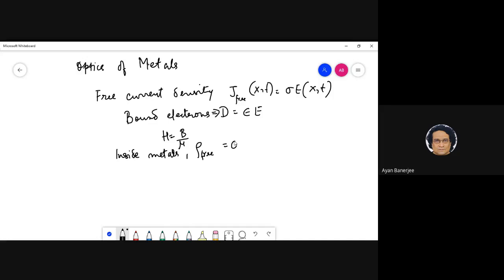It's like some kind of a charge density over a certain area, and we want to find out the time scales at which that decays inside. Okay, how much time will it take to decay? If it goes from the surface to the inside of the metal, how much time does the charge density take to decay? If you have something on the surface, it's not the skin depth. We are looking at the time scales here. Okay, that is very important. So how will we go about that?